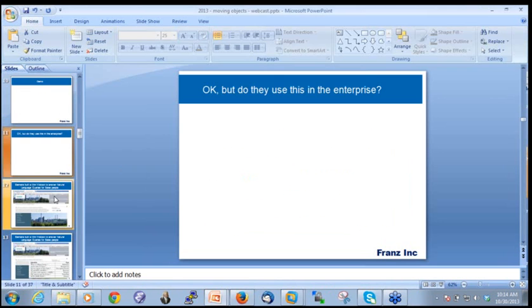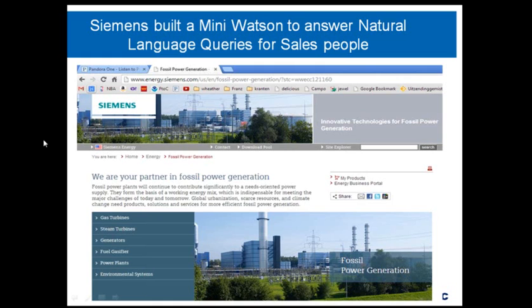Now, do people actually use this in the enterprise? Well, recently Siemens Energy went into production with a system that helps salespeople within Siemens know everything about the turbines that they are maintaining and selling all over the world. Siemens is one of the biggest players in the field of energy turbines. Their problem for the salespeople was that if they wanted to know about particular components of a particular turbine, they had to look in far too many